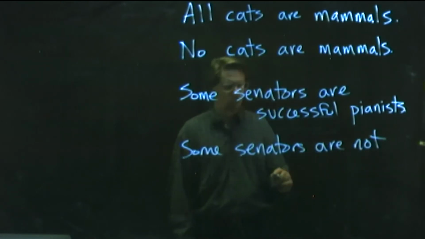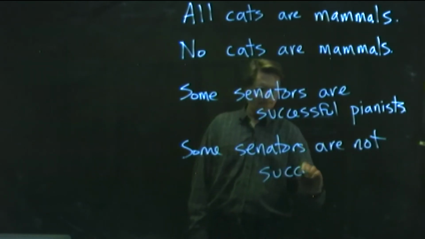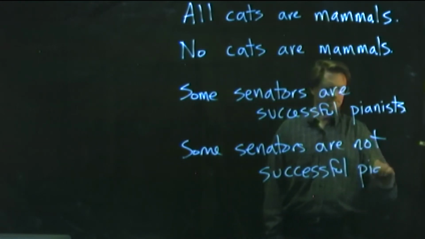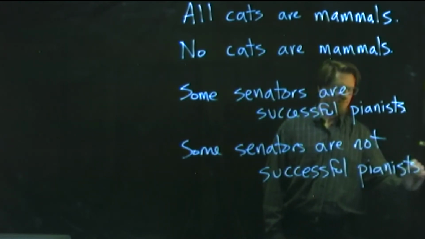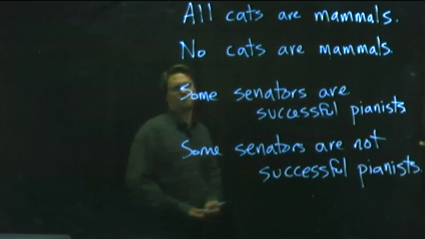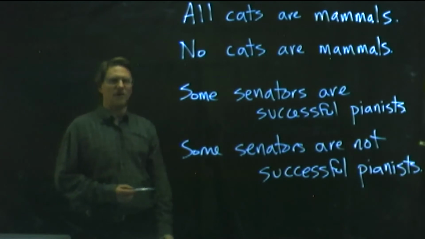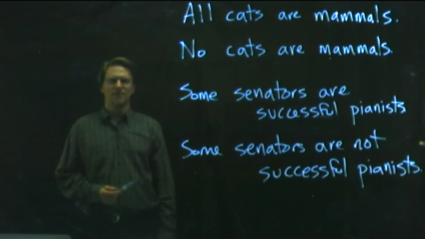Or some senators are not successful pianists. Okay, so we've got these 4 standard form categorical propositions, and you can see that on the previous slide, which I'll bring back in a minute,